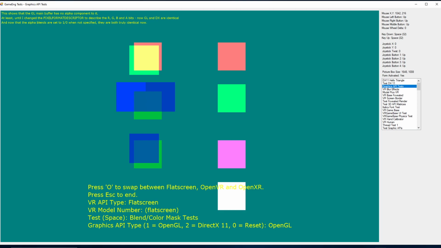Here's blending and color masking. So here I believe I'm rendering alpha blending, but I'm only rendering red, green, blue, and then all of them at the bottom. Up here I'm doing additive blending. Here I'm doing